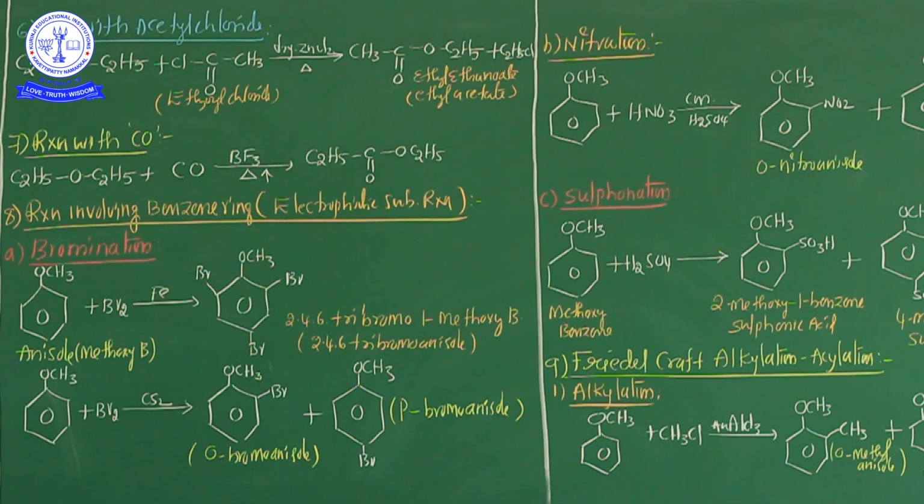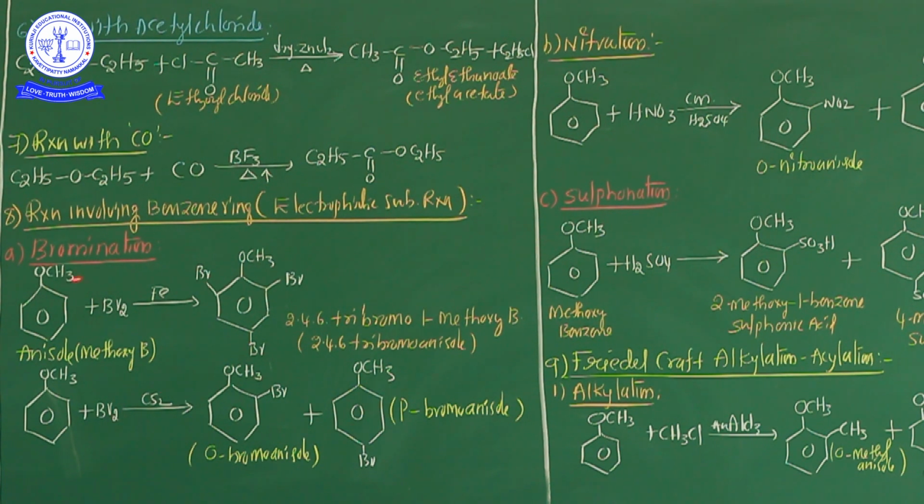So anisole, also one of the ethers, is treated with bromine. Now what happened? 2,4,6-tribromo-1-methoxybenzene is formed. Common name is 2,4,6-tribromoanisole. Okay? See, don't be confused. Here the benzene ring represents R in ROR. Actually ROR is the ether. So one R may be the benzene ring, one more R is aliphatic, that is the combination. In the above equation, left side R, right side R, both are aliphatic.